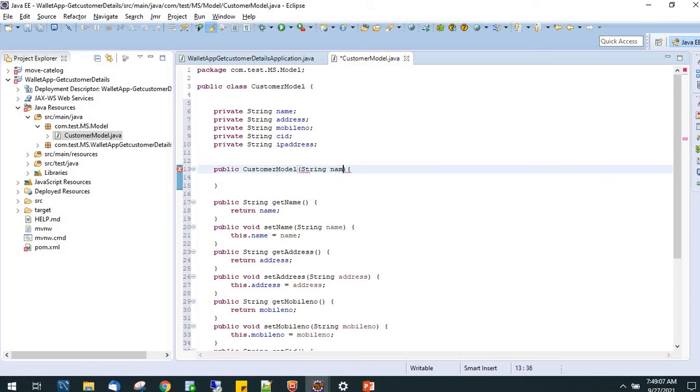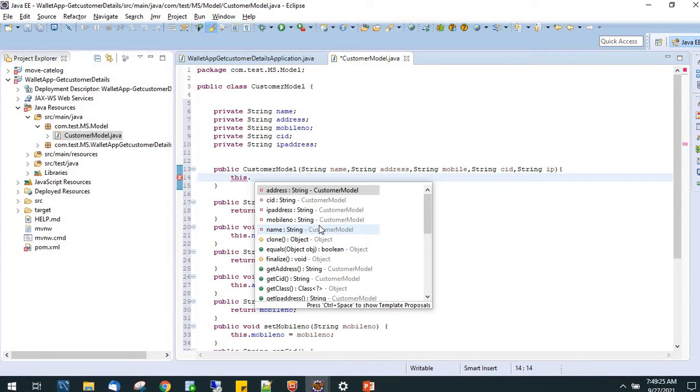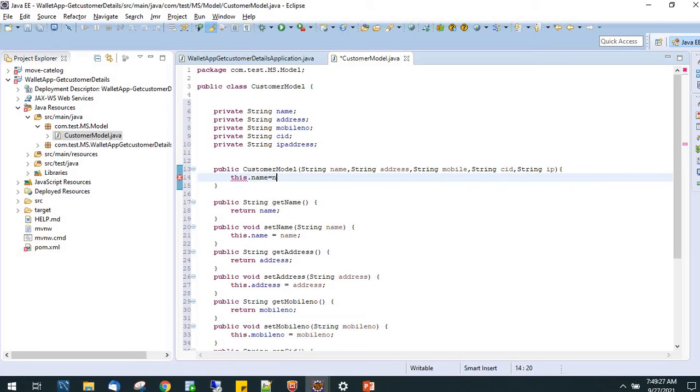String name, string address, string mobile, string CID, IP, right? Initialize the values.